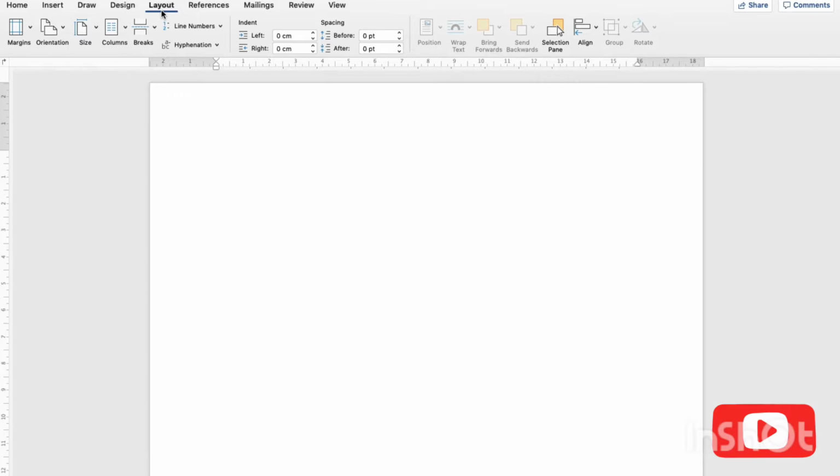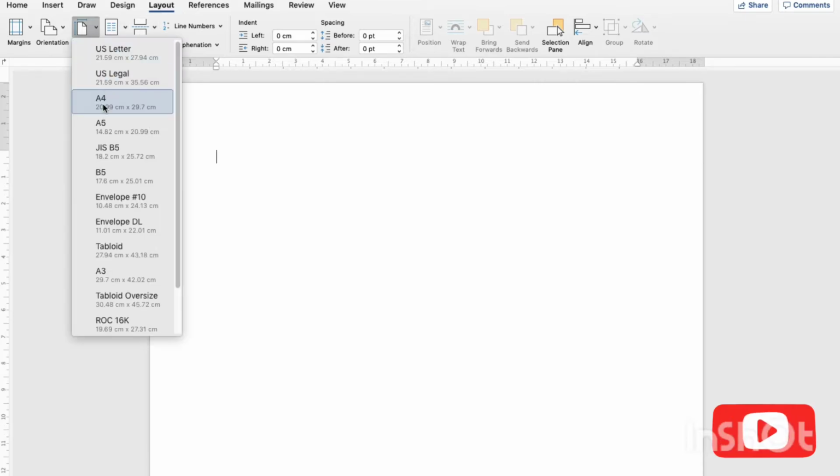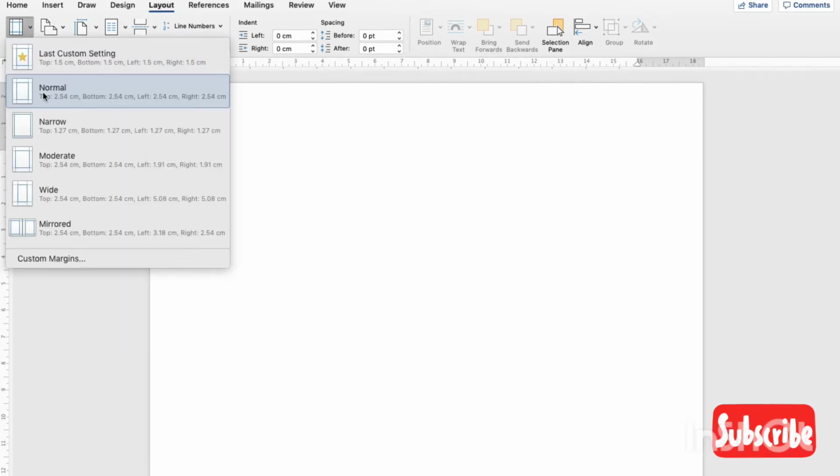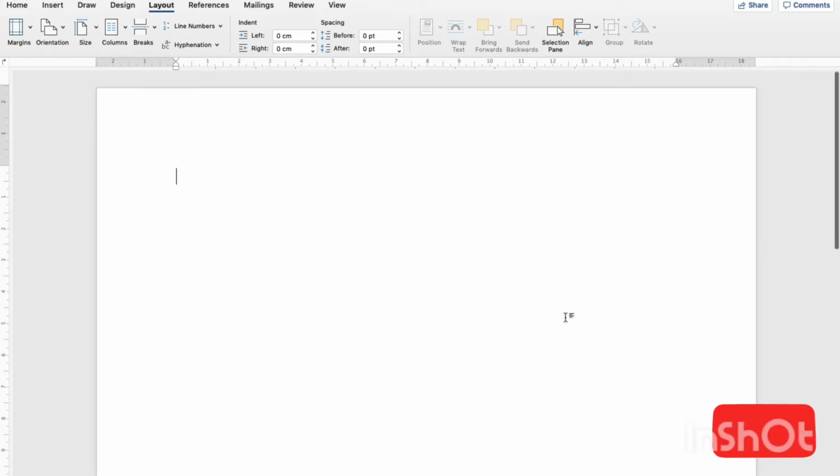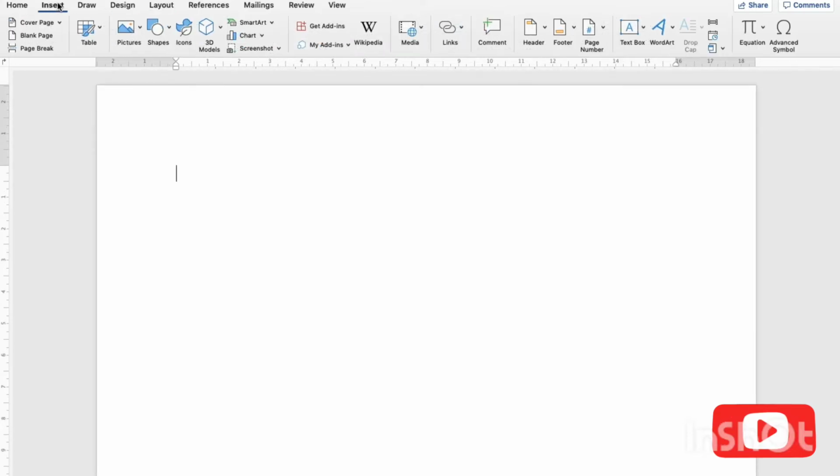So first you need to go to page layout. The size should always be A4. The margin settings should be normal or narrow, anything if you want to. You can keep normal also. So now let's start. So I just increase the font size. Okay, this is it. Go to insert,